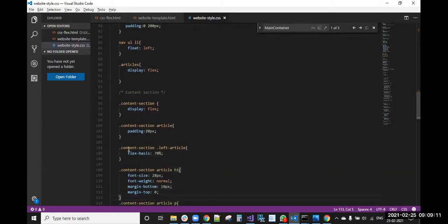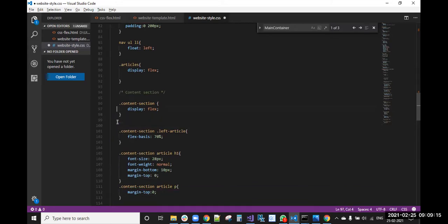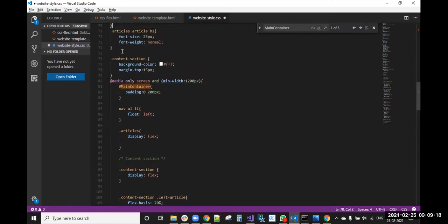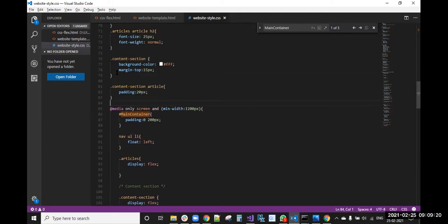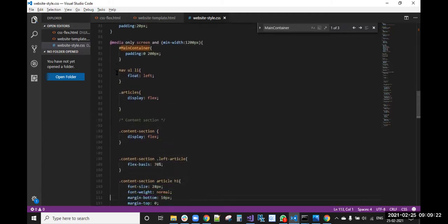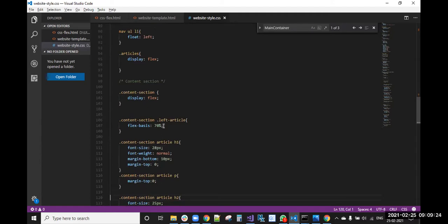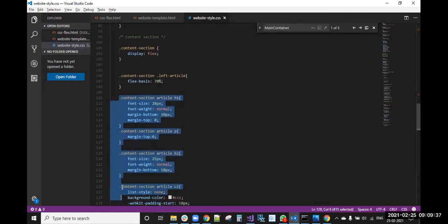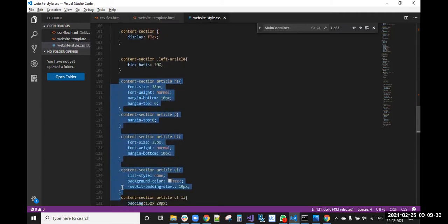Up to the content section is also completed, and this thing also we will keep outside, this is a common property only. So we will keep the content section outside only. Content section left article, this 70%, 30% also I'm keeping inside only. Now this H1 is there, right? This H1, article P, okay, these things I'm keeping in the common section.